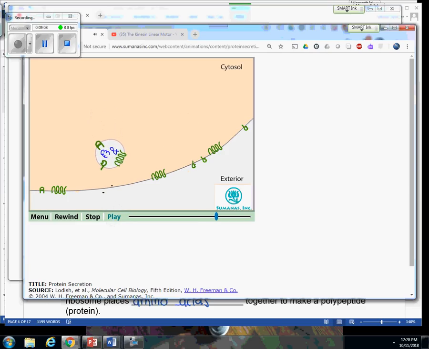So this vesicle is just going to fuse with the phospholipid bilayer of the membrane. So the blue ones got secreted or released from the cell. But you notice these green ones right here, those are proteins, and they are now stuck or embedded, or we can say inserted, into the cell membrane. We're going to talk about proteins that are in the cell membrane in the next unit, like transport proteins and receptor proteins. Well, that's how they got there, is the attached ribosome made them, sent them to the rough ER